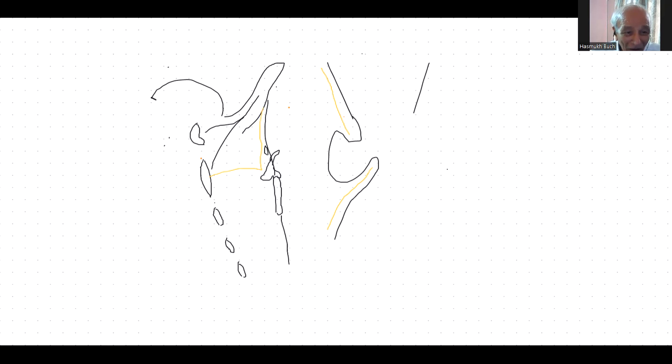Similarly, in this situation, this membrane we can make thicker. This membrane is called the quadrangular membrane. Obviously, it has got four borders.